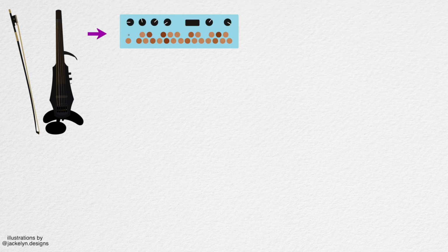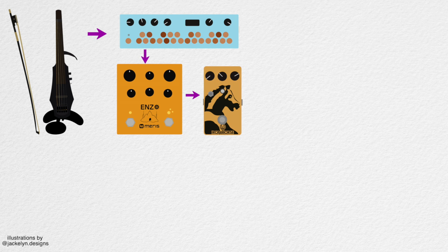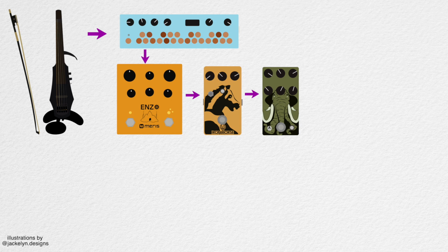But just to give you an overview, it starts with my violin that goes into my Organelle for that initial synth tone. Then it goes into the Meris Enzo, where I have a preset bar that captures 4 different presets from the Meris Enzo, so I can do pitch shifting things as well as synthesized things. Then it goes into my Iron Horse distortion, and then it goes into the Ages overdrive, which then goes into